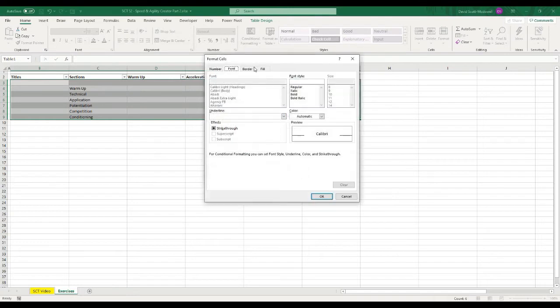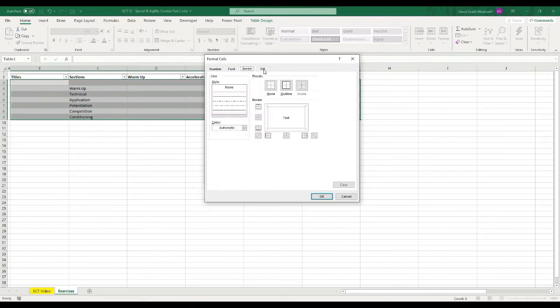When I type in double stars, I want it to make the background blue, and I want it to make the font white. So no underline, font style regular, and